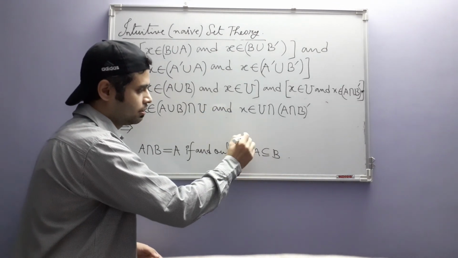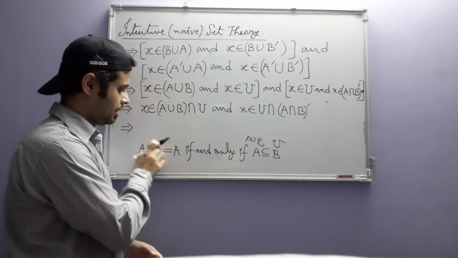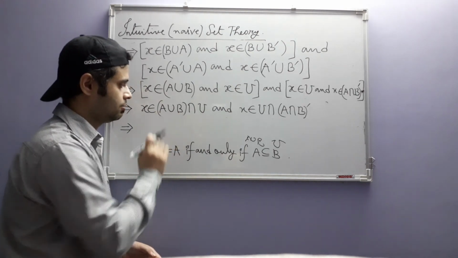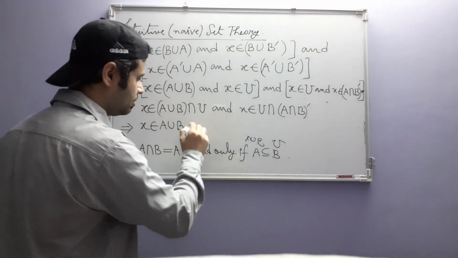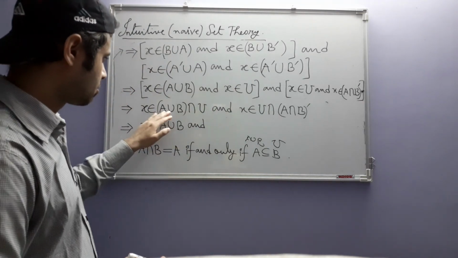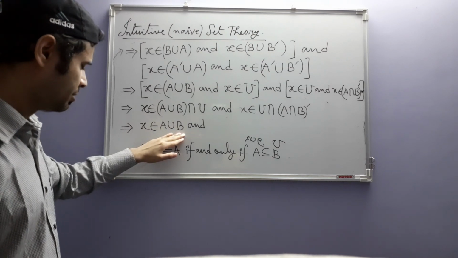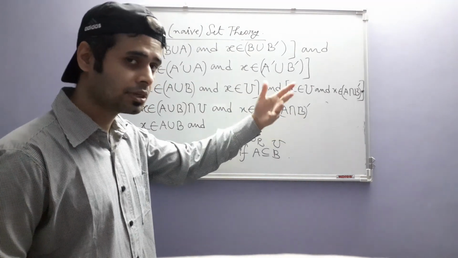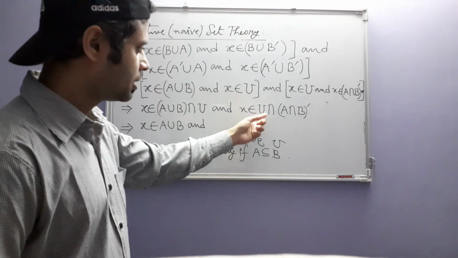That means here we have A union B and here we have U. So their intersection will give me the smaller set, the subset, which is A union B. So X belongs to A union B, and again same thing here, whatever argument we have carried out with A union B, now we are replacing that by A intersection B complement. That is also a subset of U, because after all it's also a set, so it will be a subset of the